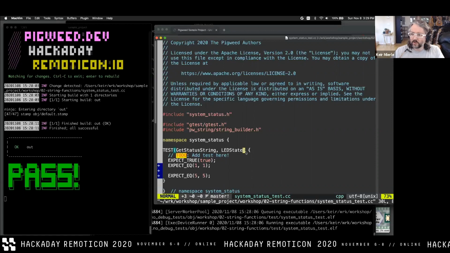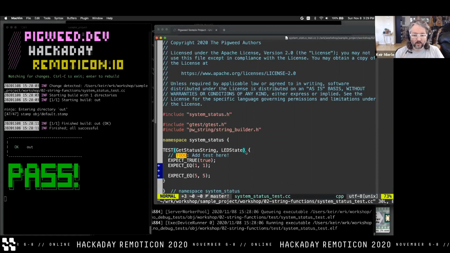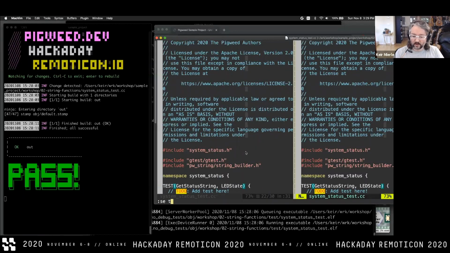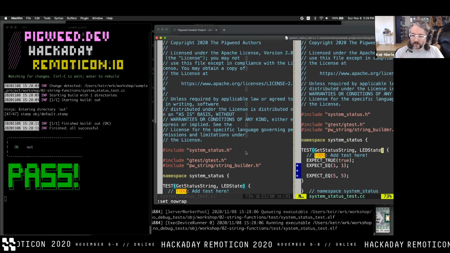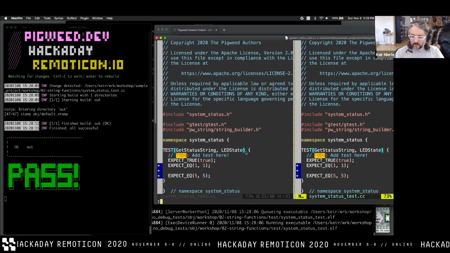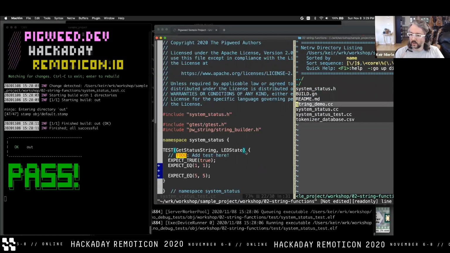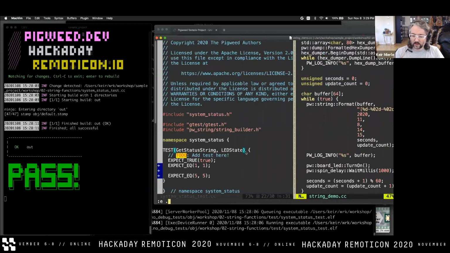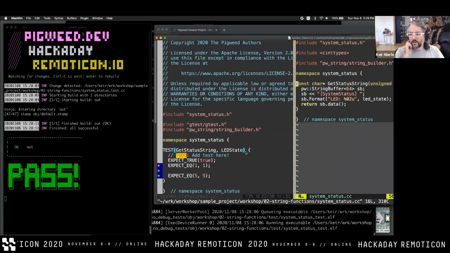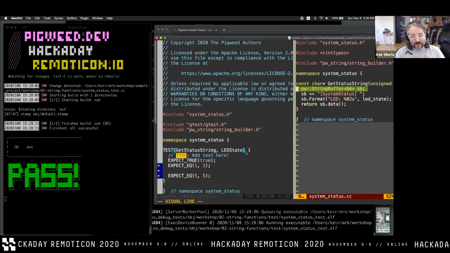Now we're kind of running out of time, so I was thinking I would actually skip over the rest of this exercise, for those who are interested. I'll tell you what we were going to do, which is, in short, there's a function here that generates a status using string builder, which is one of the random libraries in Pigweed